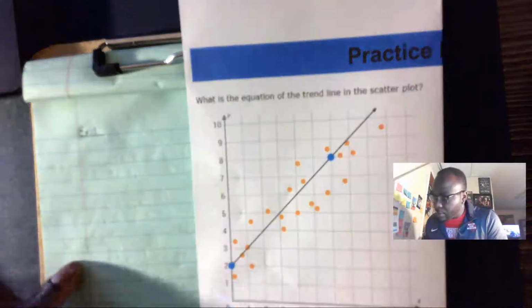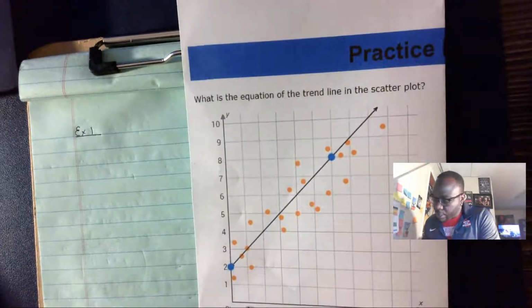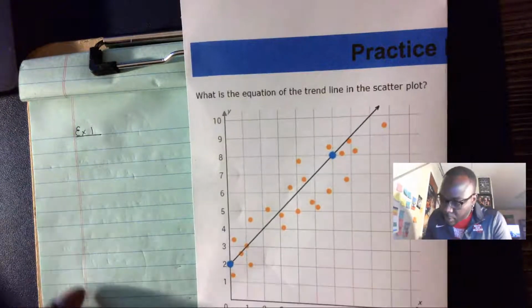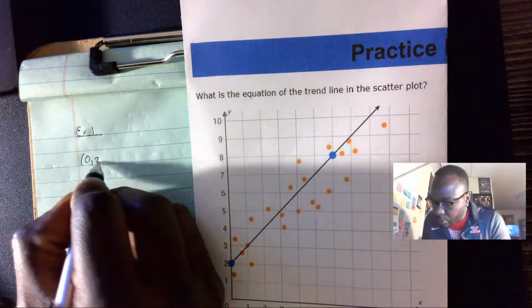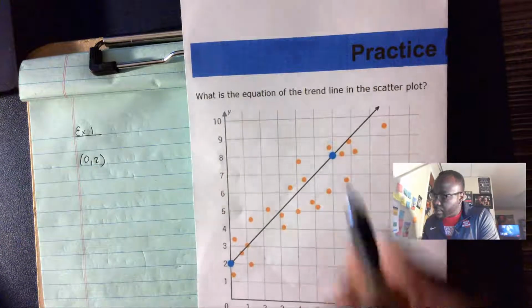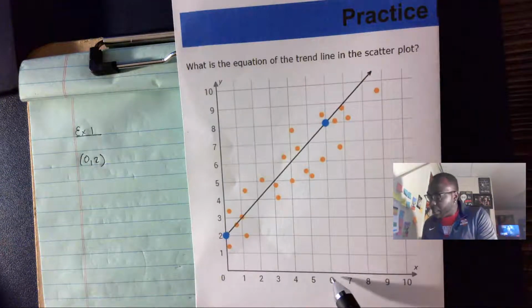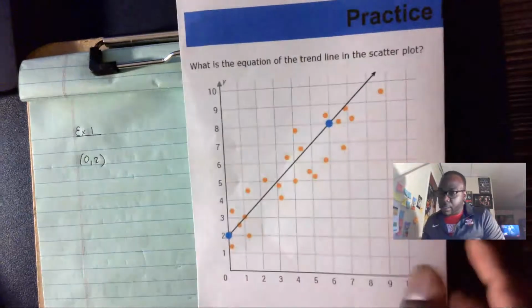So the first thing that I'm going to do, I'm going to identify this point here, which is when x is 0, y is 2. So my first point is (0, 2). And my second point is when x is 6, y is 8. All right, so I'm going to put that right there. So x is 6 and y is 8. From here, I'm going to label these points x1, y1, and x2, y2. So remember, if you can recall that early in the year